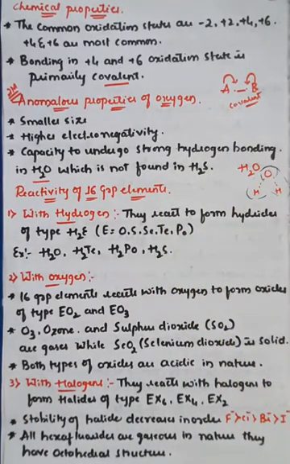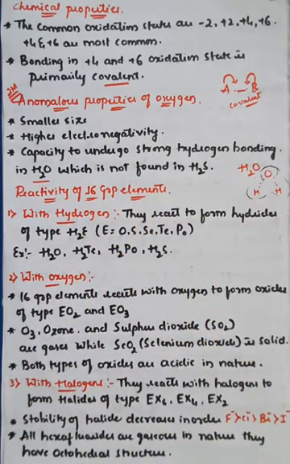After studying the chemical properties and anomalous properties, we will go on to the reactivity of group 16 elements. The same thing we studied in group 15: reaction with hydrogen, oxygen, halogens, and different kinds of metals. Similarly, here we will observe how the group 16 elements like oxygen, sulfur, selenium, tellurium and polonium react with different elements like hydrogen, oxygen and halogens, and also metals, what kind of oxidation states they bear, and how the stability of those compounds varies, in the order that we will study in this part.